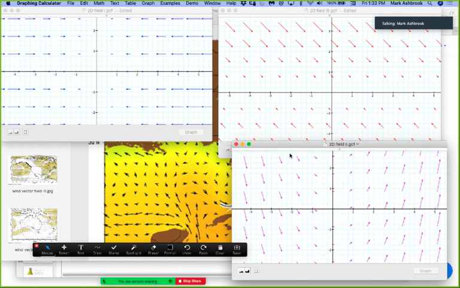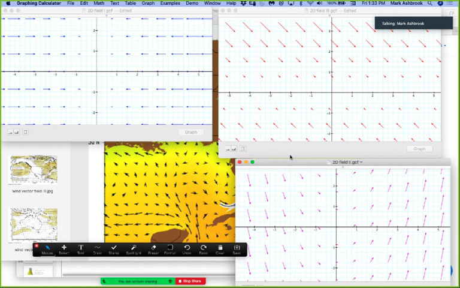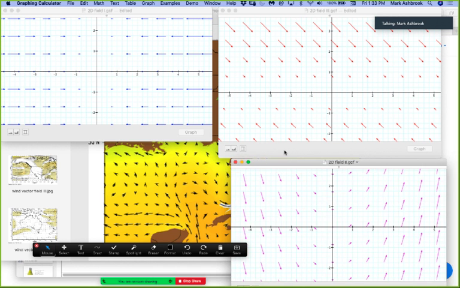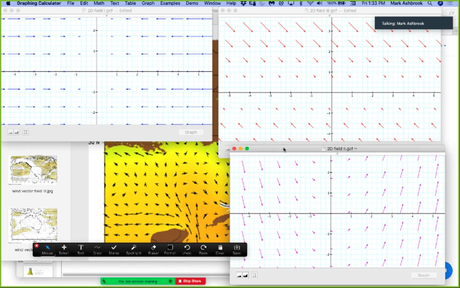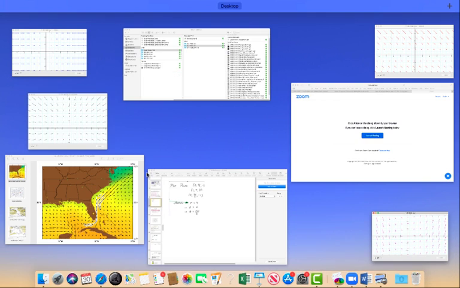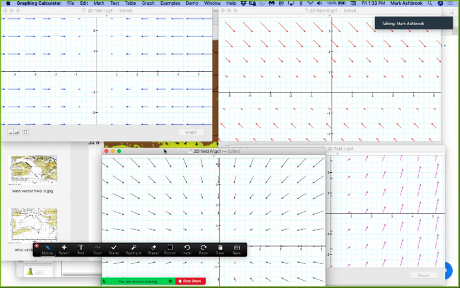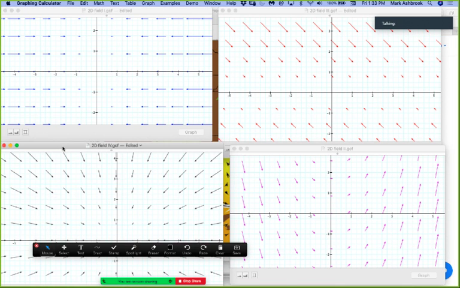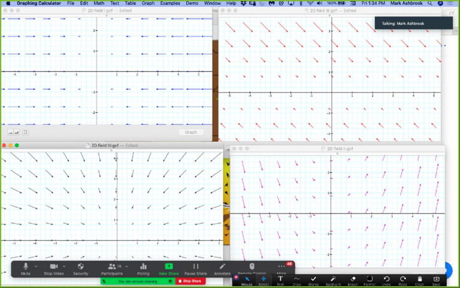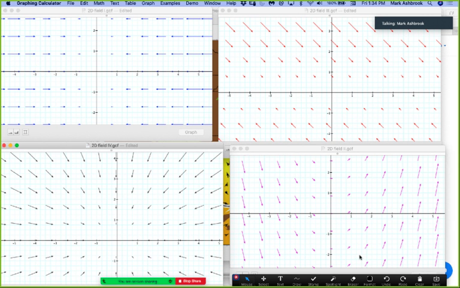I have 4 vector fields that we're going to figure out by looking at them. Instead of one vector at a time, we're going to look at the big picture and see if we can figure out what the vector field is. Now, to make this actually doable, the components can only be